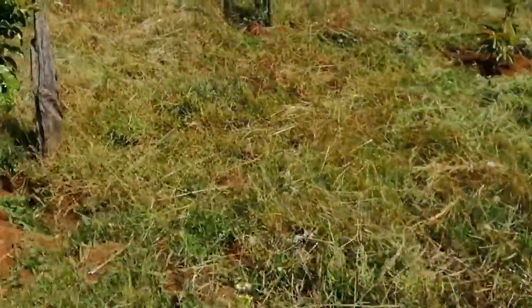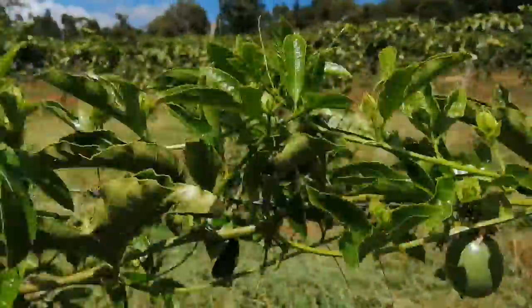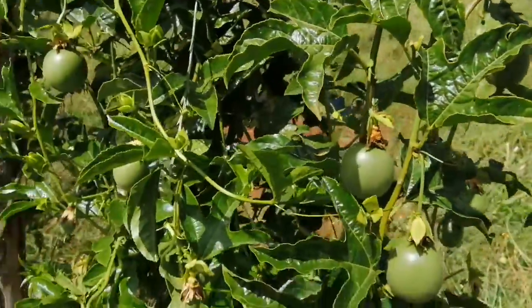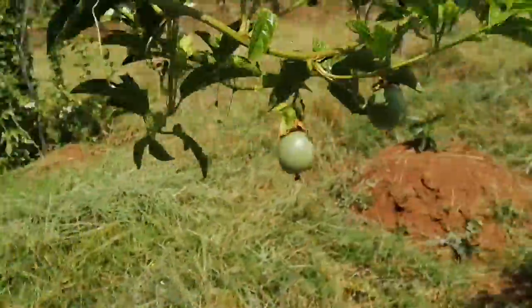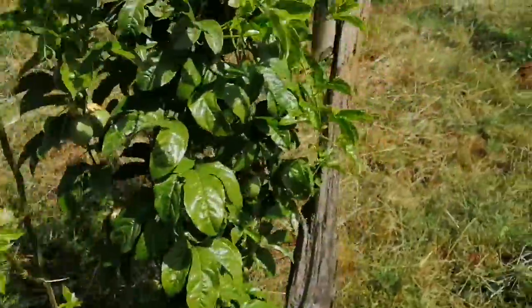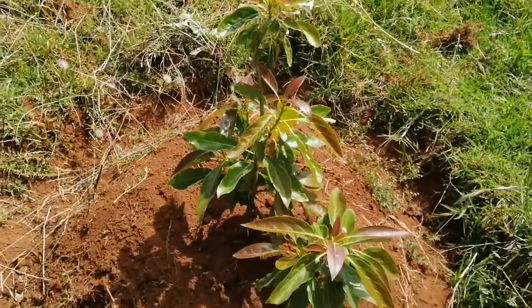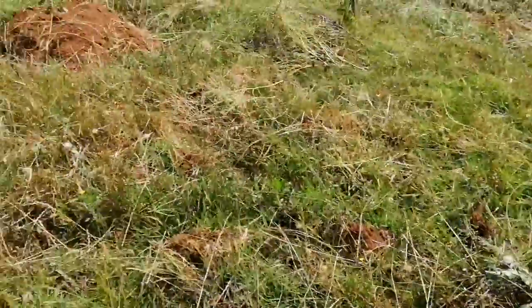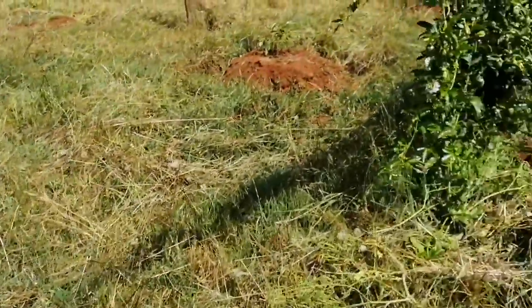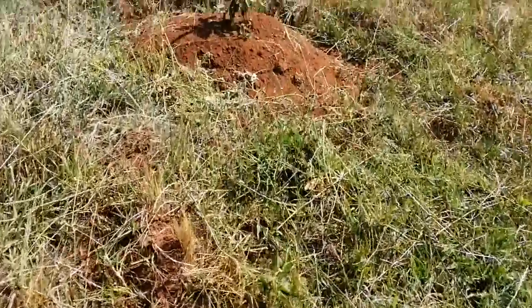In this same orchard, we have some passion fruits there, as you can see. These are for our own household consumption. And we've equally intercropped them in this particular section, together with a few macadamia seedlings. There are our passion fruits, and yeah, you can see a lot of fruits loading. But again, back to our avocado